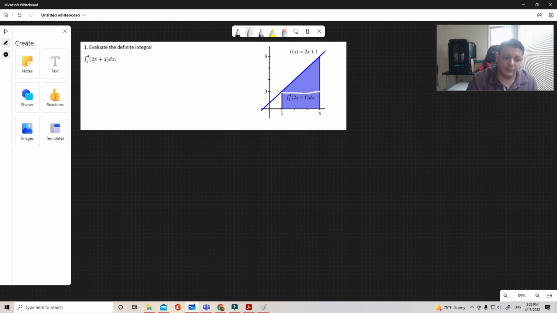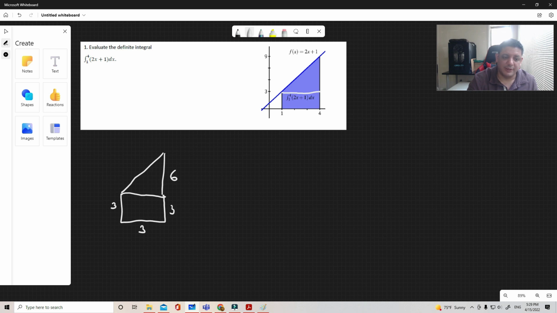We can easily find those areas as we have information for everything that we have in there. So notice that the rectangle has a base of 3, and it has a height of 3 as well. While the total of this is going to be 9,